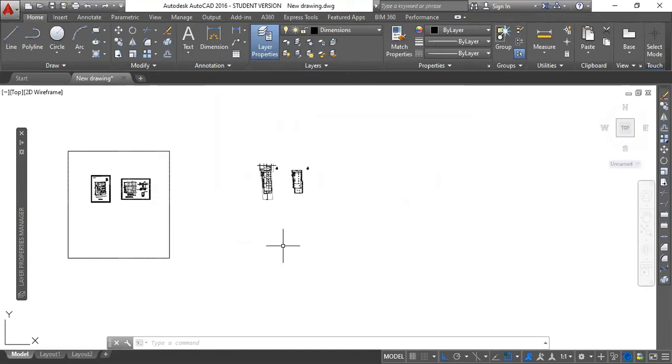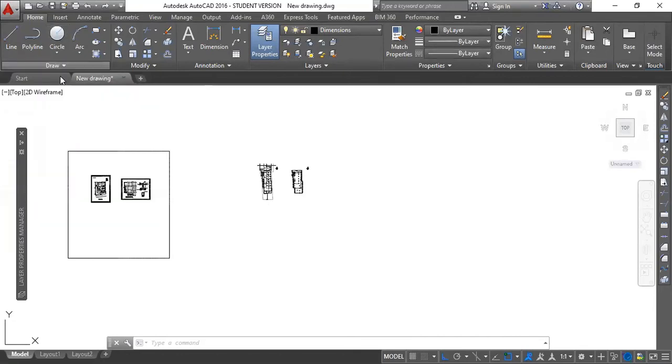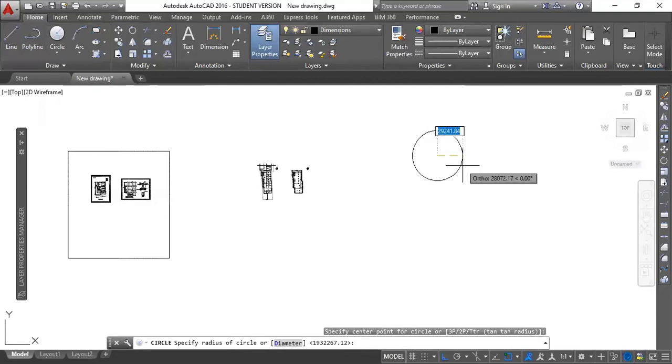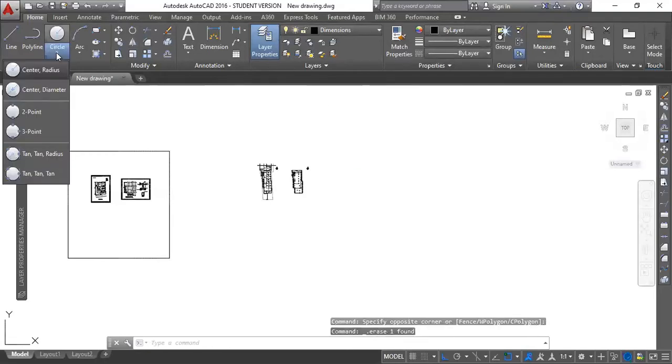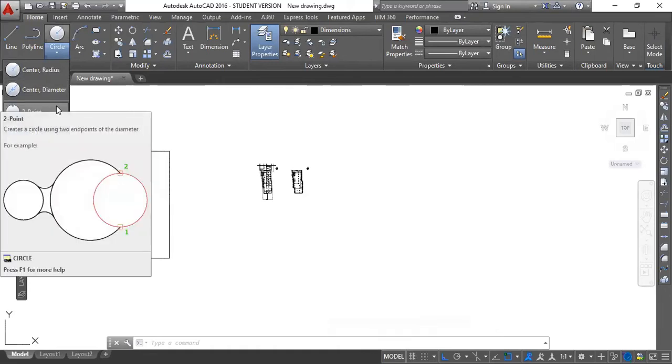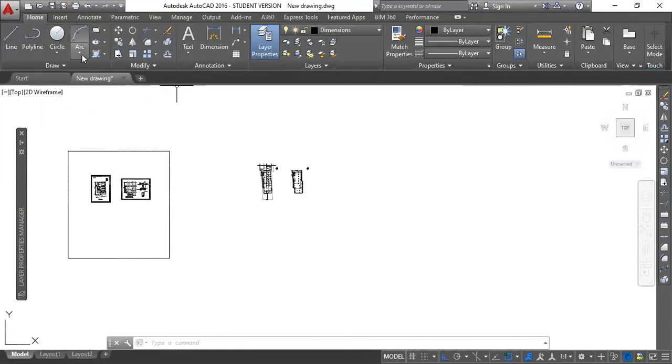So shapes, I'm not going to talk much about shapes because you already have different kinds of shapes. Like for circles, you already have different types of how to draw a circle. Like if you have a radius, you can start with the center and radius option. You will simply provide the center first, then the radius. You can manually enter it as well, like this. And maybe you want to have the diameter and the center. If you want to draw a circle within 2 points, you have that 2 point, 3 point. So different options are available there.